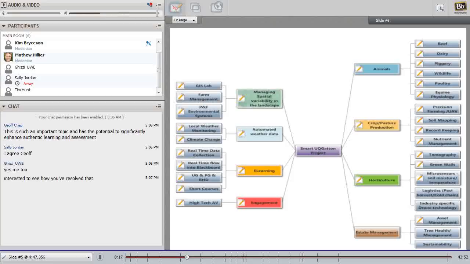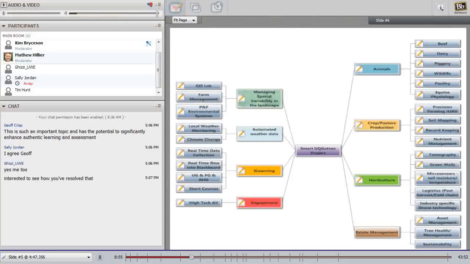In animals, we've got a beef herd, we've got a feedlot, we've got a large dairy, which the state government uses a lot for their research. A piggery, which is being rebuilt currently, a state-of-the-art piggery, a wildlife enclosure, poultry, and equine, a very large equine hospital here, the largest probably in the country, and it's associated with our vet school, but we also have academics working on equine physiology. The crop pasture production side of things, precision farming, and in my remote sensing lab, we have a